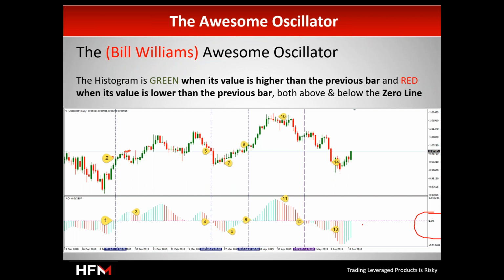And remember that we have this 0 line as well. The 0 line is in the center and the bars are plotted based on the calculation of these two moving averages. So the chart over here, which was taken from MT4, shows these ups and downs on a price chart, and more precisely on the dollar Swiss price bars. So these are signals, okay? We need now to figure out what signals they are showing us.